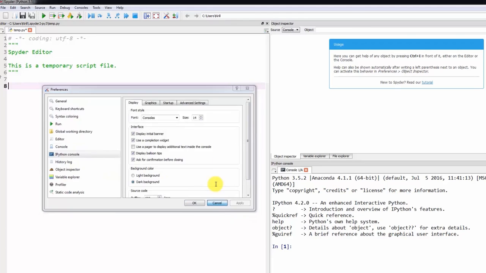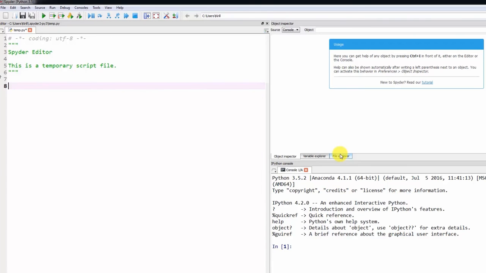Now just to finish off, we are going to type in our first program. We are going to say print and then brackets, and in quotation marks, hello world exclamation mark. Now we are going to highlight everything and press Ctrl Enter on our keyboard. Then you can see that the lines have been copied into the console and run, and we have printed our first phrase, hello world.